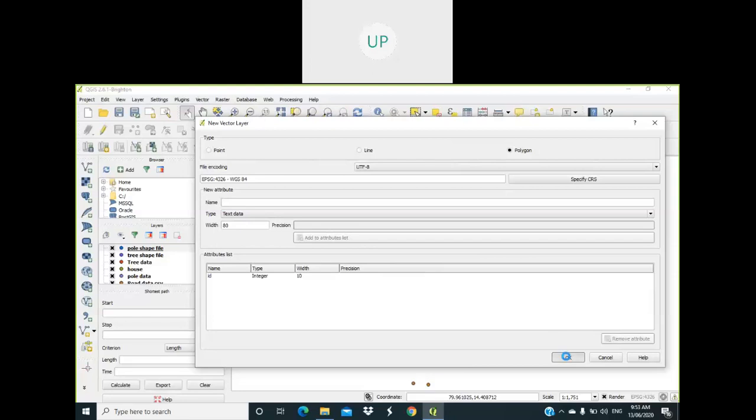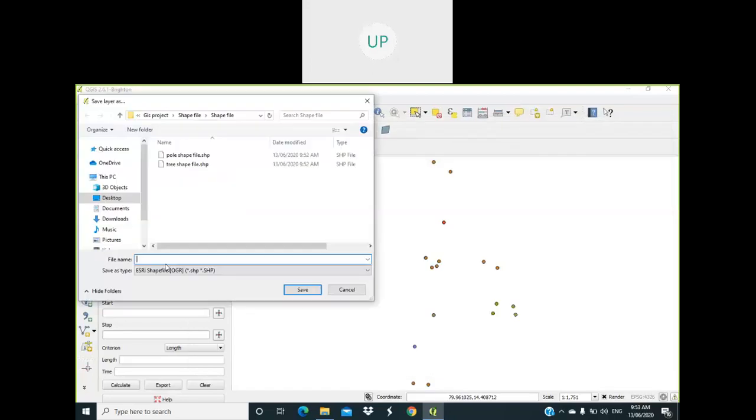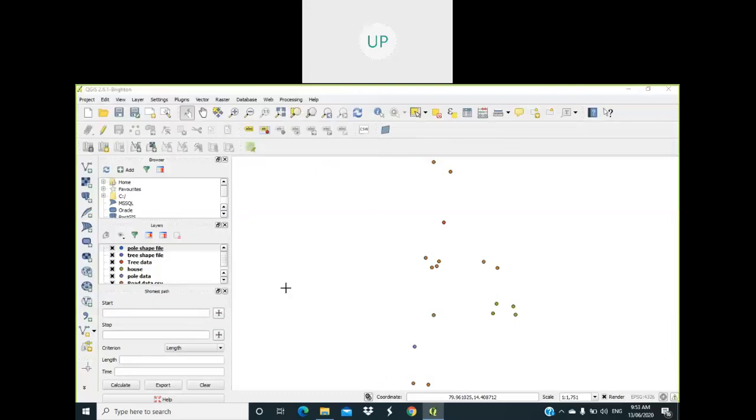So select polygon. Okay. House shapefile. Save. So here you can see the house shapefile representing a polygon, and the remaining one is road data.